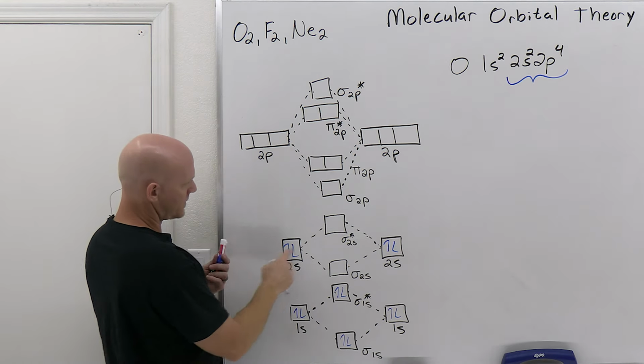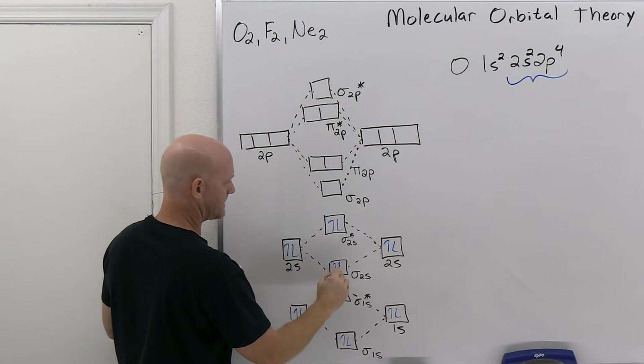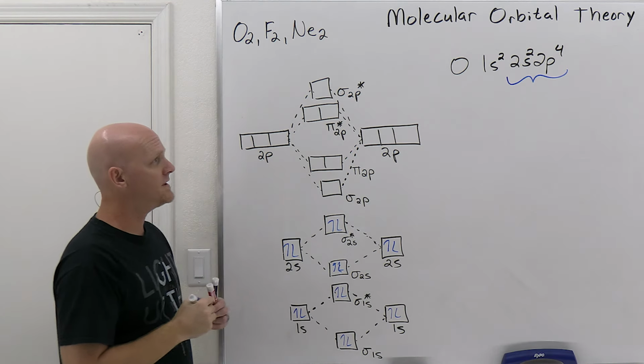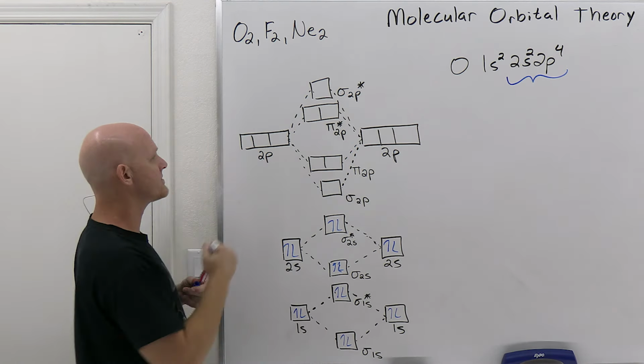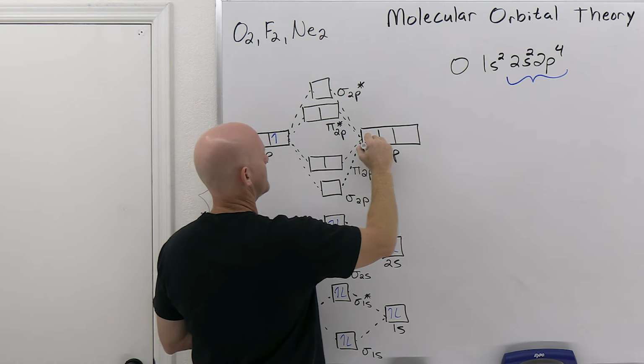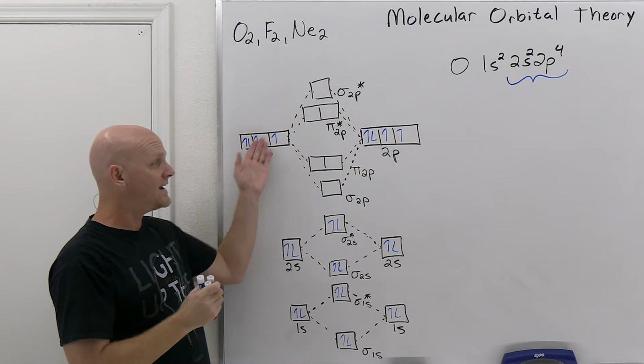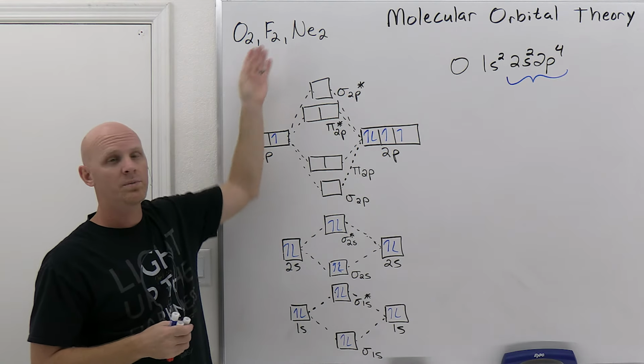And so 4 electrons total, so we'll fill in 2 here and 2 here. But the p electrons are not full. We've got 4 for each of the oxygens, so 1, 2, 3, 4, 1, 2, 3, 4. And so we've got a total of 8 electrons to fill into the molecular orbitals, and we'll just work our